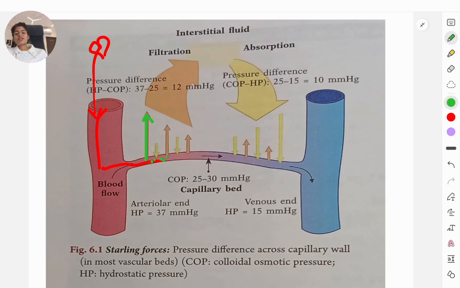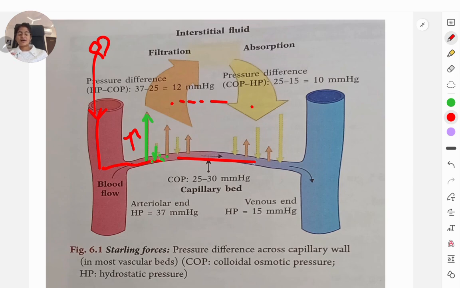Thereby here its magnitude was less, and the net pressure went outside, thereby the fluid came here, and then as soon as the blood from here reached this part,